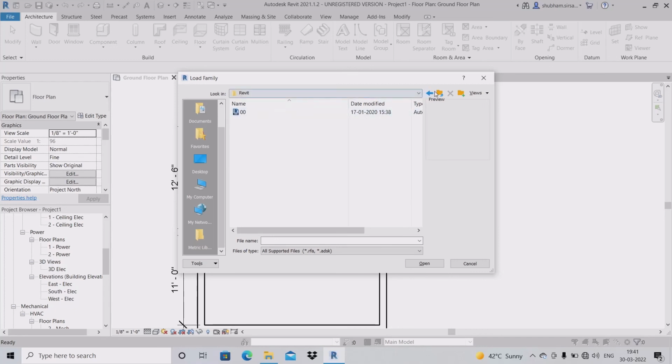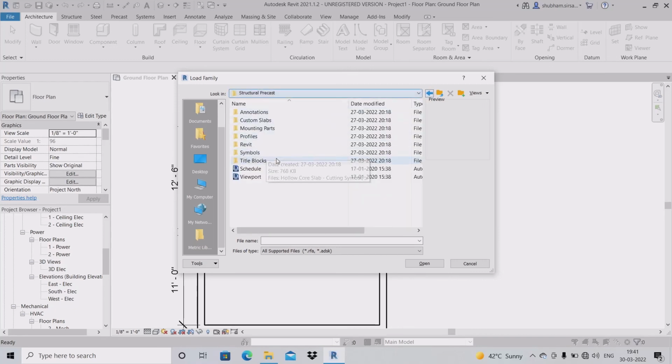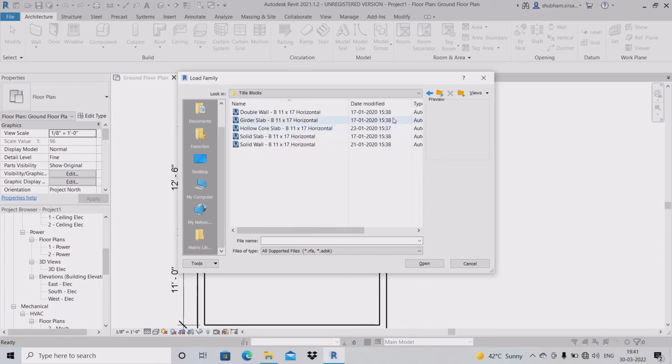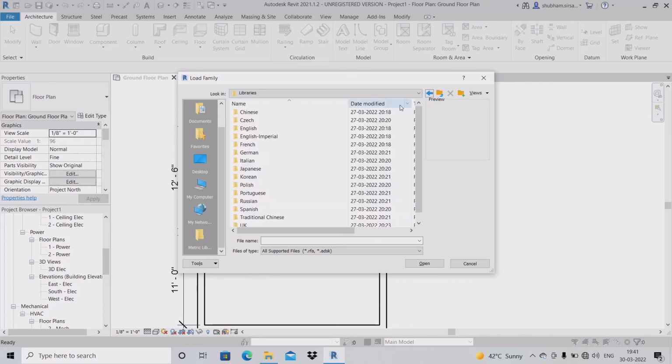Just come back downside. I will come back and go to the normal English, Revit symbol schedule. Okay, no door family. Load. So what I will do,